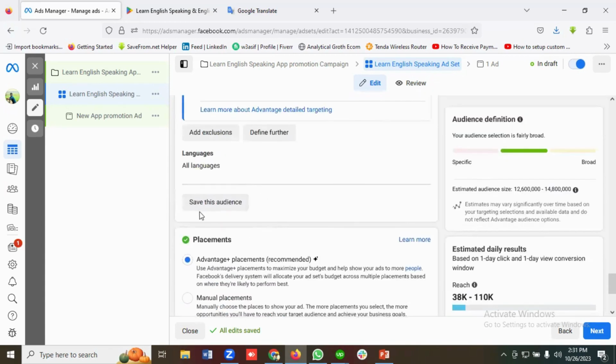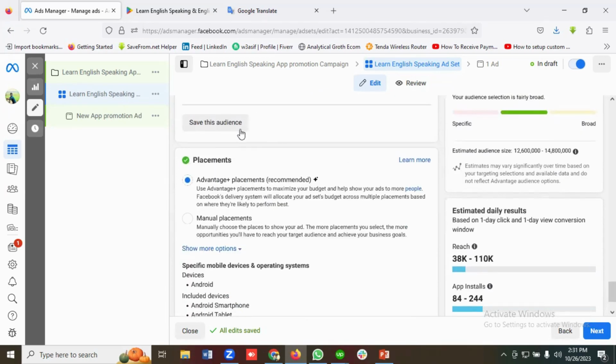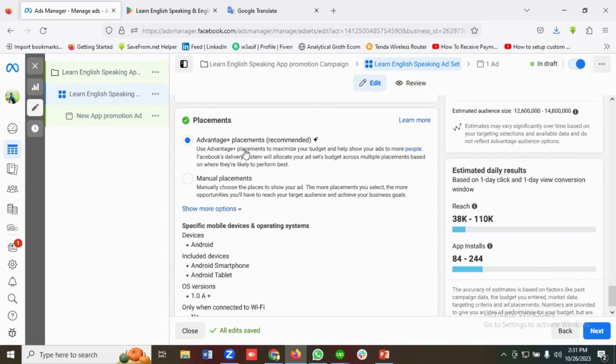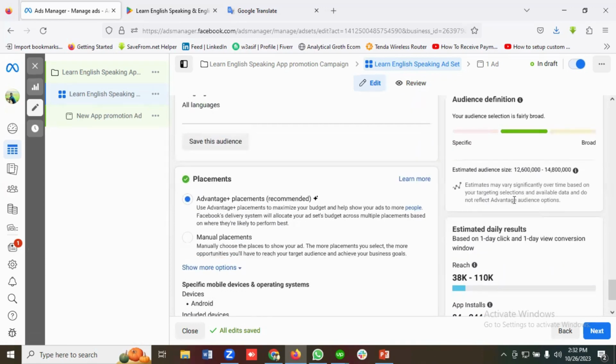Then if you want, you can save this audience. So I'll not be saving this audience. And as a placement, we are going to be using Advantage Plus placement. Use Advantage Plus placement to maximize your budget and help show your ads to more people. Facebook's delivery system will allocate your ad set budget across multiple placements based on where they are likely to perform best. Okay, so I'll be using Advantage Plus placement, and you can see this is our estimated audience size, and